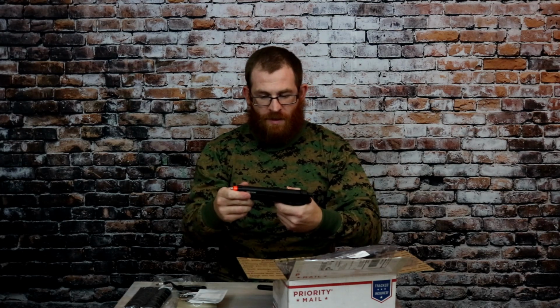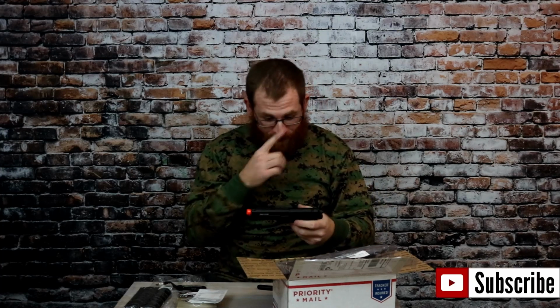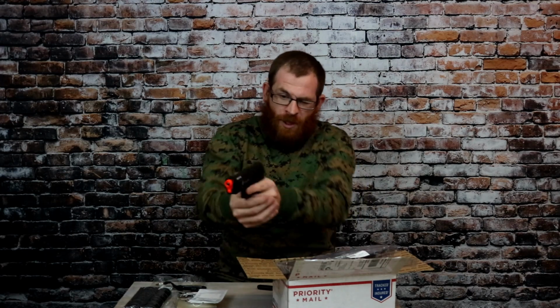nice trigger. Huh, that's a little weird. I've never seen one do this before, but when you pull the trigger, the inner barrel slides in and out. I don't know if you guys can see that. Let's see if you can see that behind the front of the brick. So it's a little different, never seen that before. Let's see. Does not have the white dots on it, which obviously is always nice, but not always necessary. And